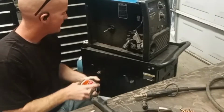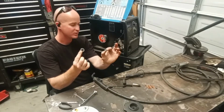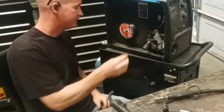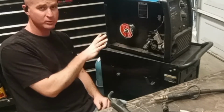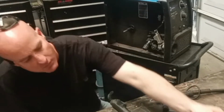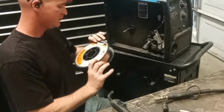For the 2-pound spool, it already has a setup to where you can just put it on. Your washer, your spring, and your nut. And that's how you install the 2-pound spool on the welder itself. I don't like running that stuff. It's really dirty. So I'm going to set it up with this